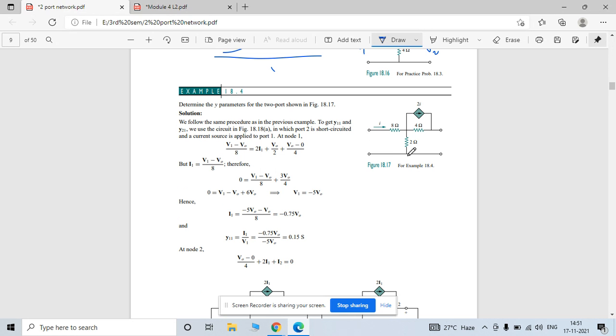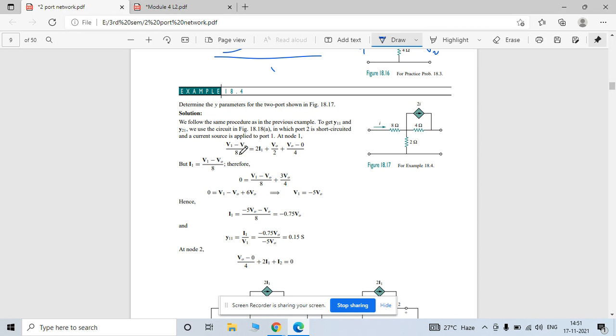So this is one port and this is another port. So simply you have to apply here, and try to analyze which is going to be easy, either KVL or KCL, while solving the circuit, right? Don't blindly go for KVL and KCL. There are some questions where KVL is easier, and some questions where KCL is easier, right? So try to analyze the circuit, which is going to be easier, and then proceed.